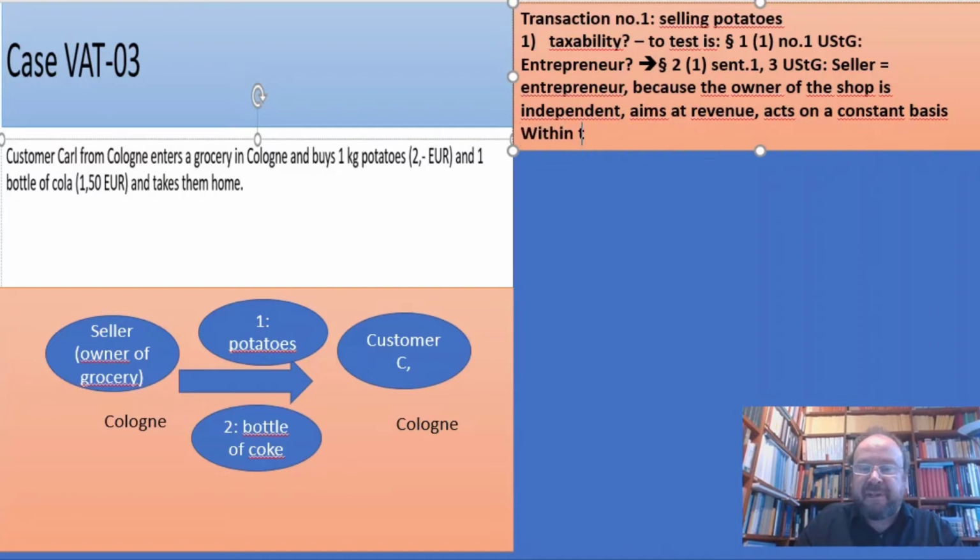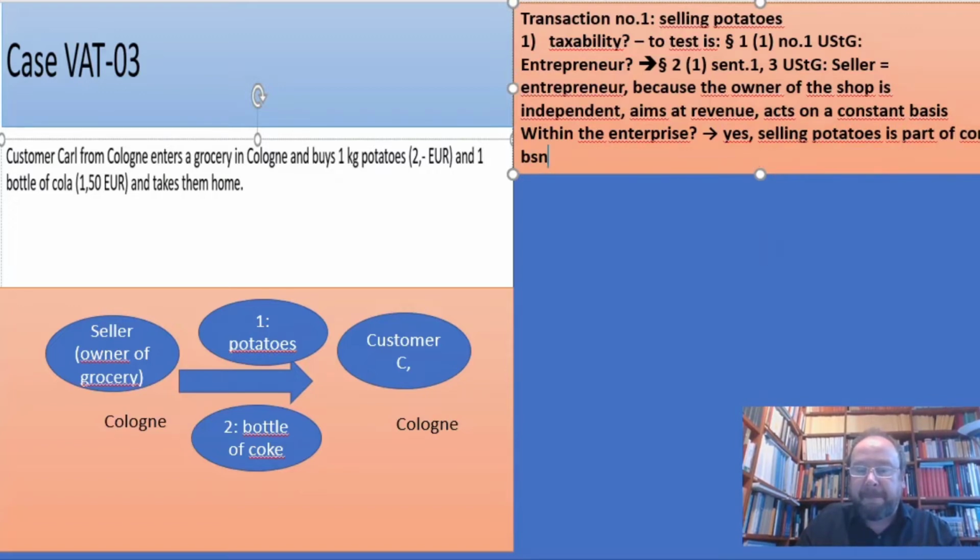Also, within the enterprise, the answer here is a clear yes. Selling potatoes is part of the core business of a grocery shop owner. § 2.1